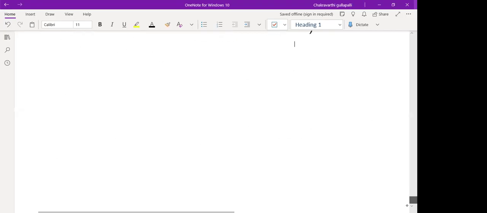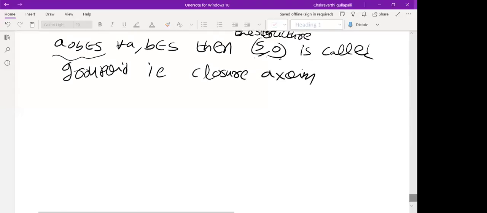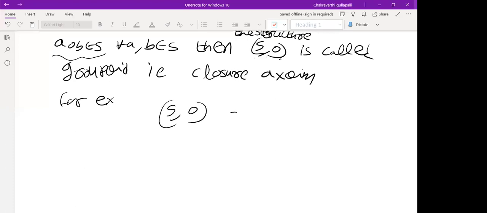If the set is not closed with respect to the operation, then we say it is not a groupoid. Sometimes it may be a groupoid, but it may not be an algebraic structure. For example, earlier we have seen S equal to Z plus, with the operation circle, where A circle B is equal to C, and C is the smallest integer